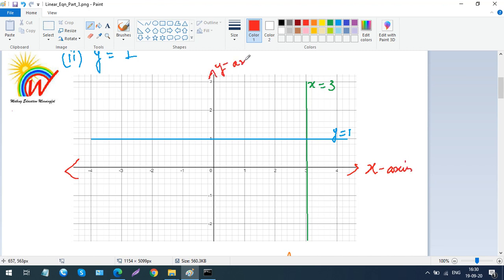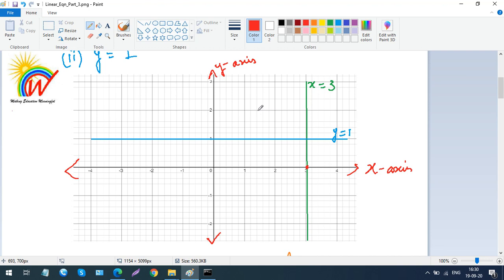All right, so when they ask me to draw a line x equals 3, I go to 3 on the x-axis because x equals 3, right? So I go to 3 on the x-axis and I draw a line perpendicular like this, okay? A straight line, a vertical line which passes through 3 on the x-axis. So this line is actually parallel to the y-axis. So x equals any number is going to be a line which is parallel to the y-axis, and it's the other way around.